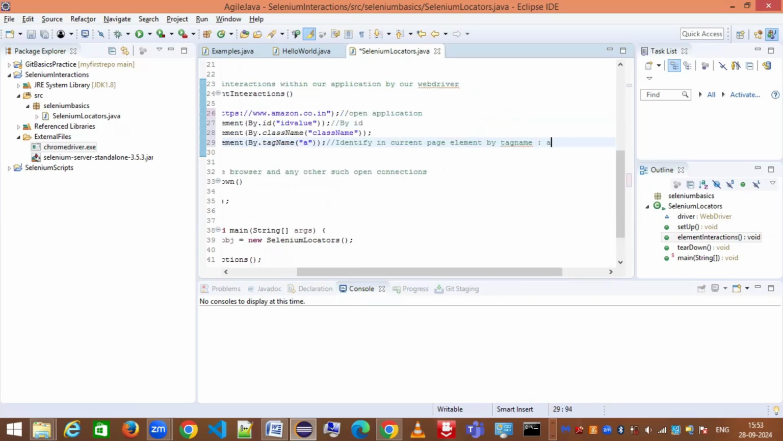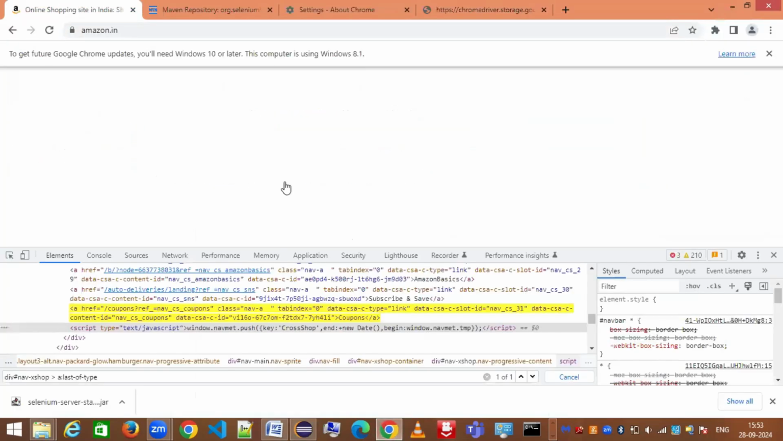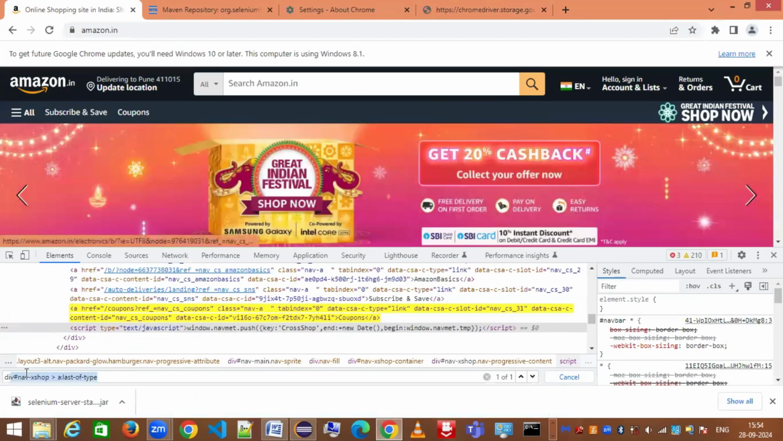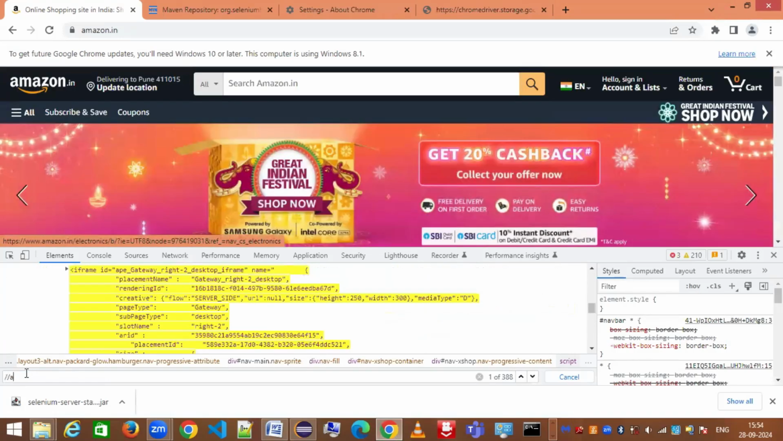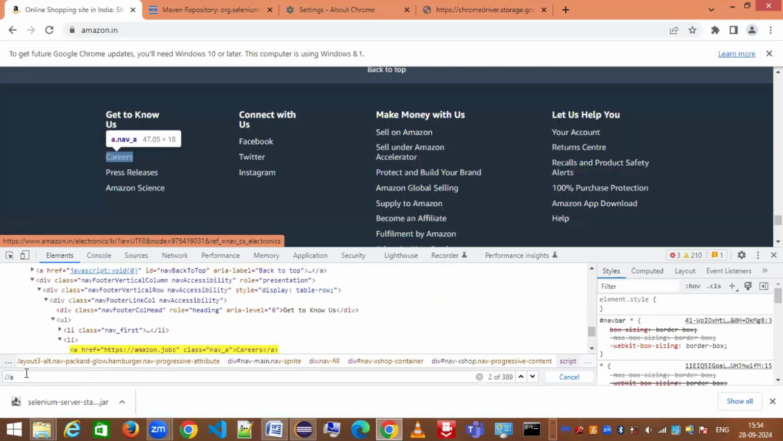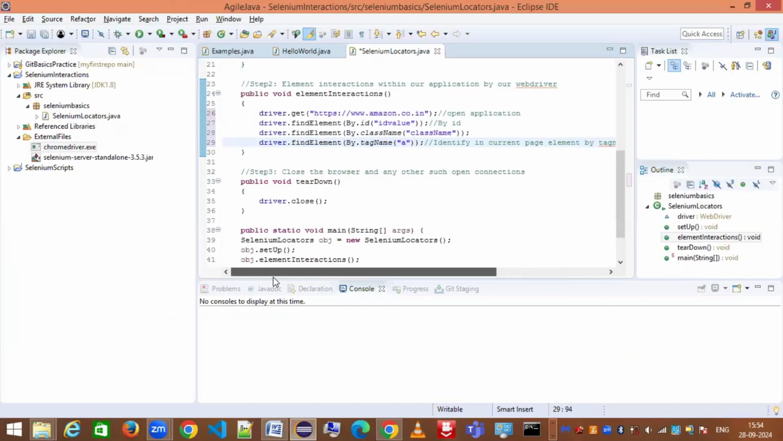Now, this is a very tricky thing, because if you see our Amazon application, there are so many anchor tags. So if I just say A here, or just for your understanding, let's say //A, there are at least 389 hyperlinks present on the current page. 389 links are there, right? So this is not going to give you one match. It is going to give you multiple elements. So that is why you have to write here driver.find elements, because your tag name is going to give you